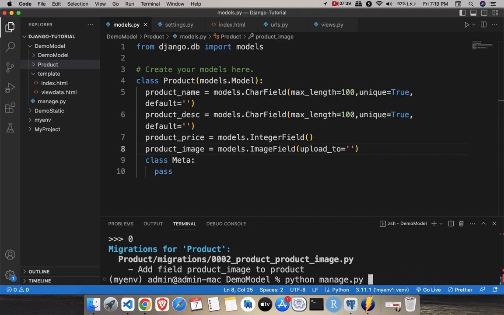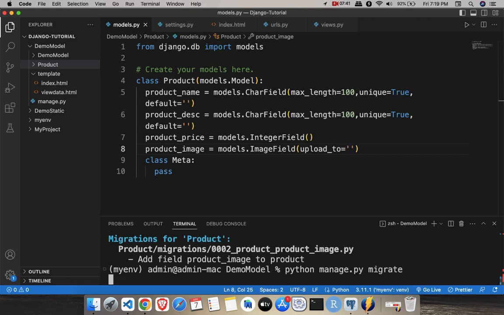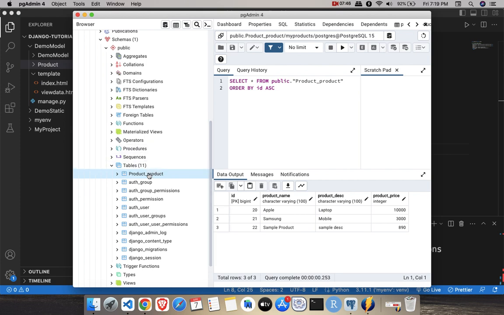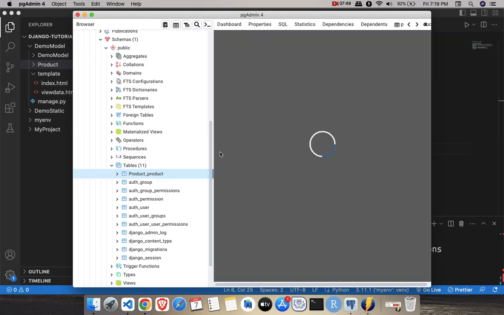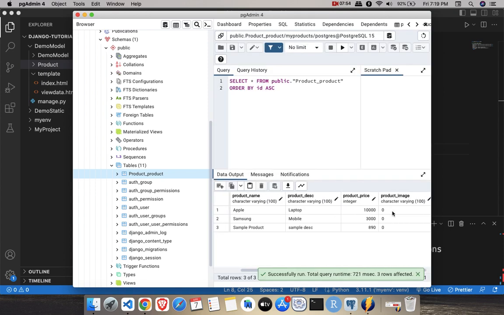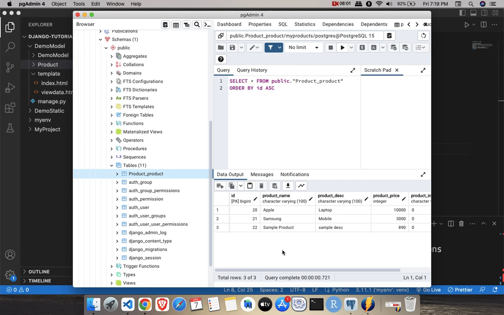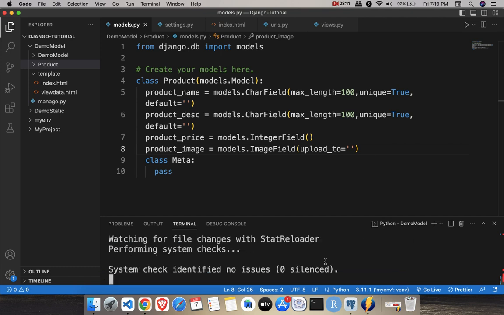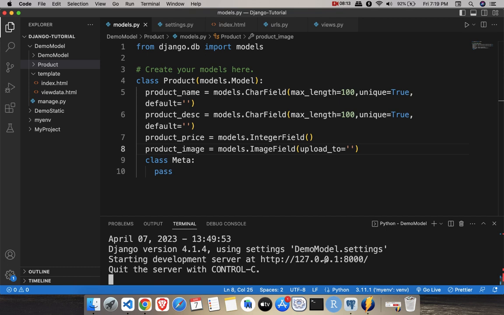So python manage.py migrate, and once you have migrated, let us come to your database, reload your table, and if you observe, you will get one more field, that is product image, with the default value of 0 for the existing records. And now we want to check whether we are able to add the images here or not. So let us run your project. So python manage.py runserver, and go to the home page,